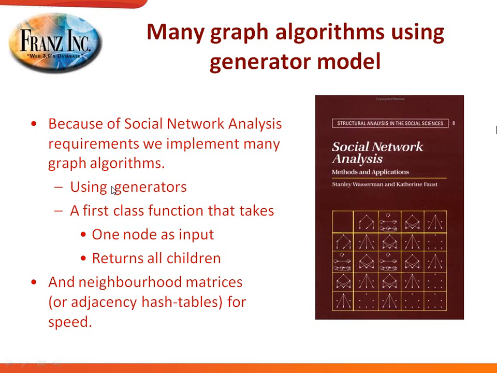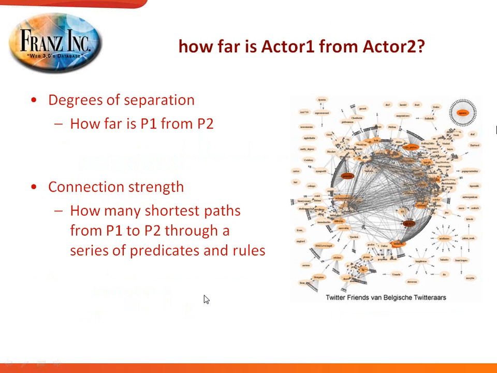And basically what we did is we created a technique that we call generators, where you create a function that takes one node as an input and then returns all the children of the node given a function or a set of edges that you're interested in. And to make things very fast, we created a thing called neighborhood matrices, where we can actually use these generators to make adjacency lists that will speed up your particular queries. And we have a whole bunch of these